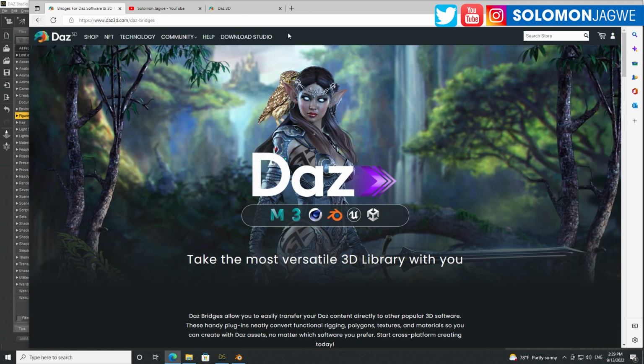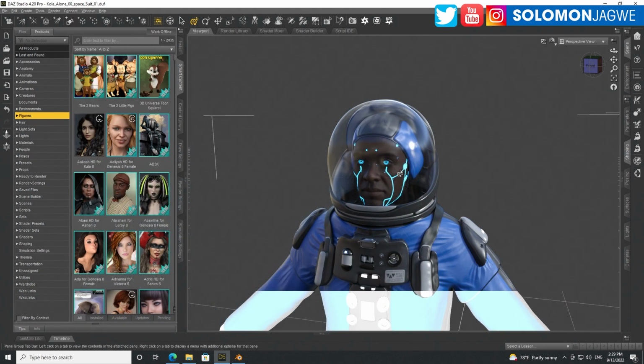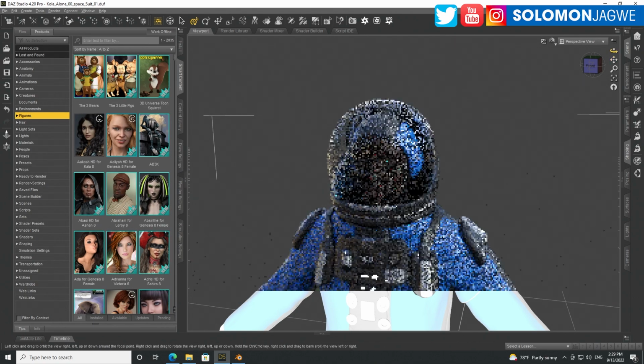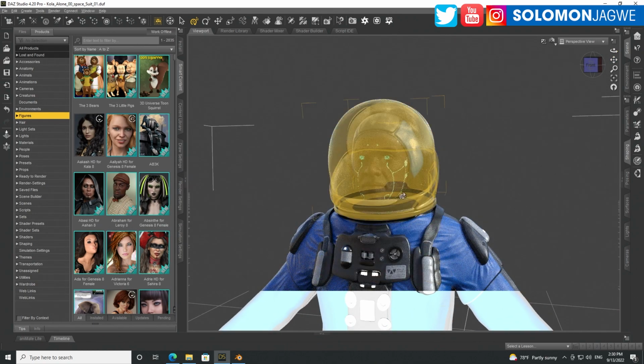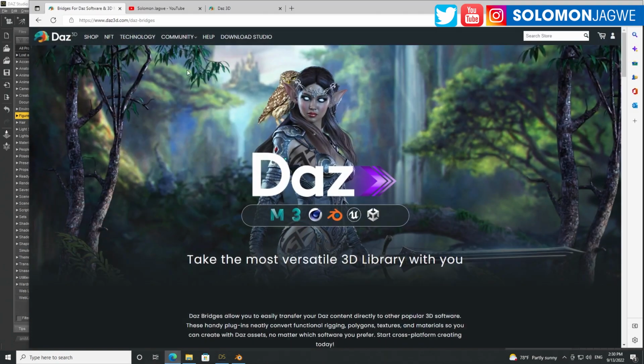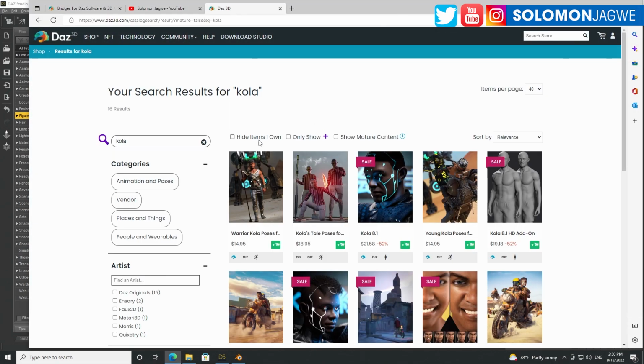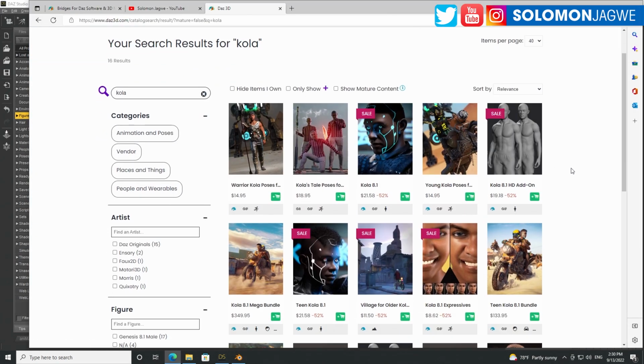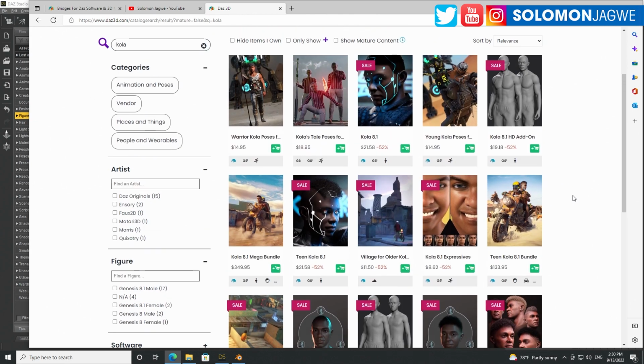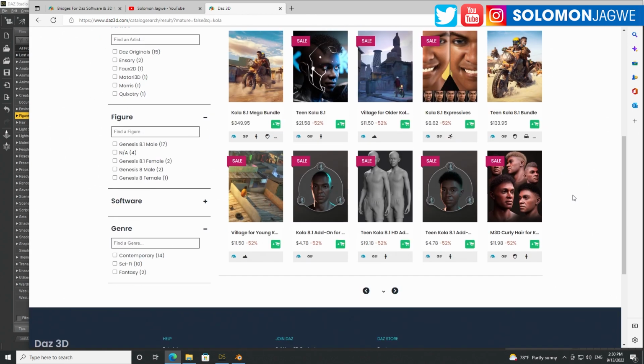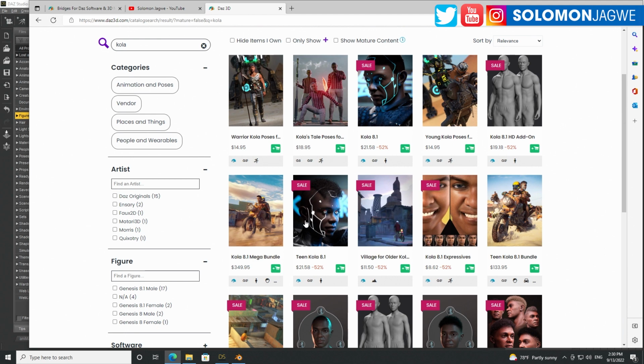Let's go back over here. This is what we're looking at, and this is the model that we're dealing with today. It looks beautiful. This particular character is from a collection of models called Collar, and I was honored by DAZ 3D to participate in the creation of these Afrocentric models. If you're looking for Afrocentric sci-fi kind of material, slowly but surely it's filling out, and you can start with that one. So go ahead and check it out. I'll put this link in the description of the video so that you can take a look as well.